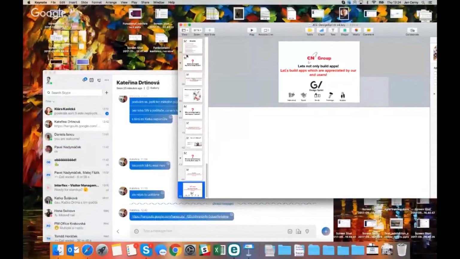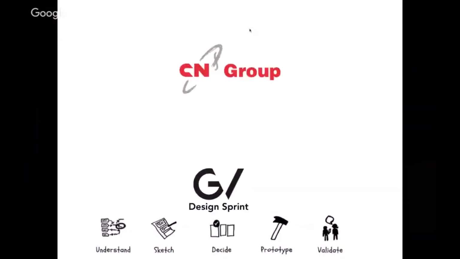Okay, sorry. Any other question? Yes. Can it also be applied to existing projects? It can. Maybe Tomáš or... It makes more sense when you are changing something. If it's a project which is not finished, then it probably still makes sense. You can still save half of the development if it's totally wrong, or change the direction. But it makes more sense when there is already an app and you are adding new features, then yes.